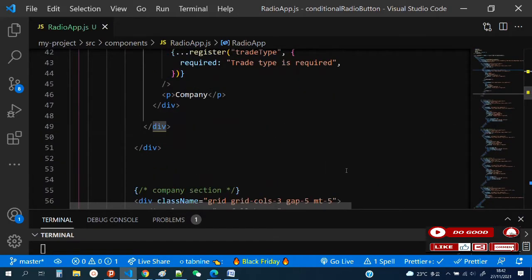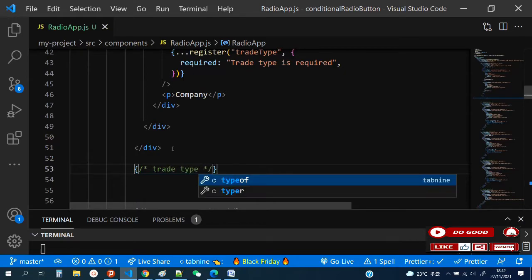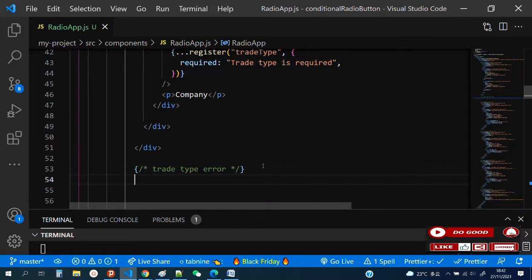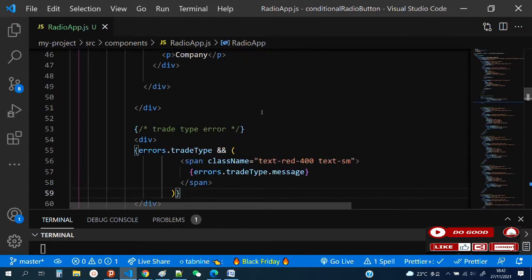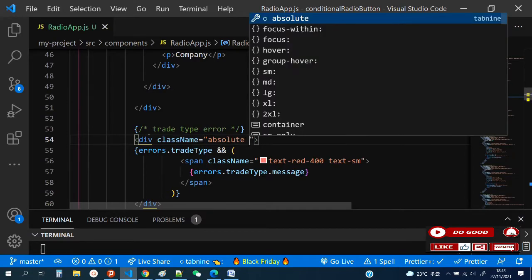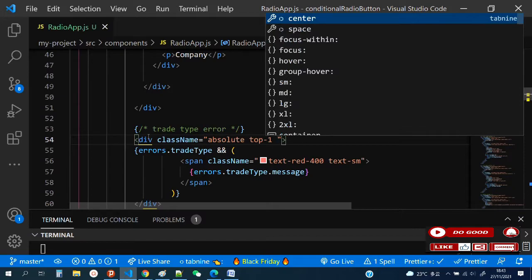Okay, so we can just put it beneath here and say trade type error. Okay, so we say div, then inside that we put our error, then we give it class name equals absolute, then absolute we say top one, left